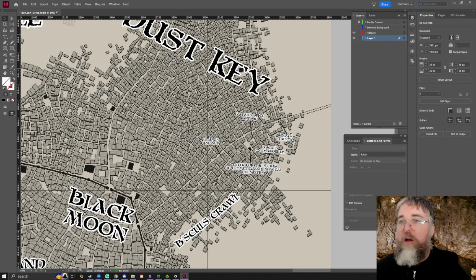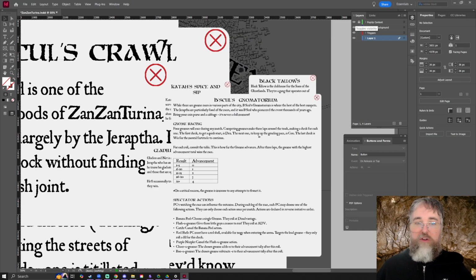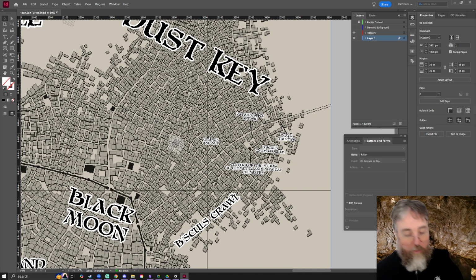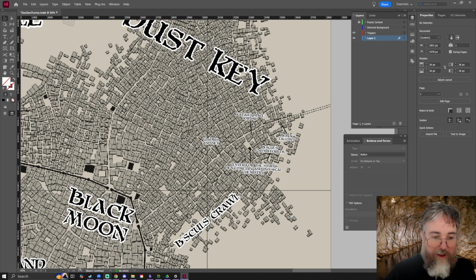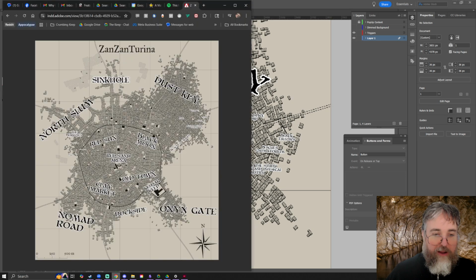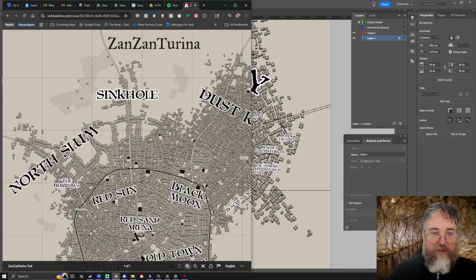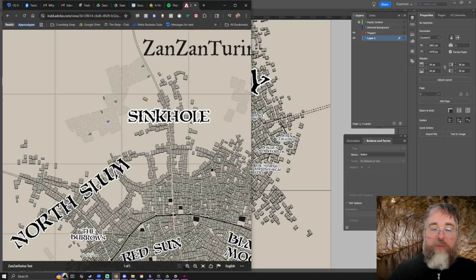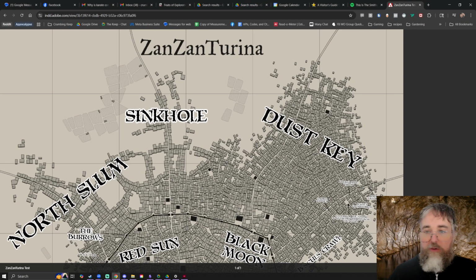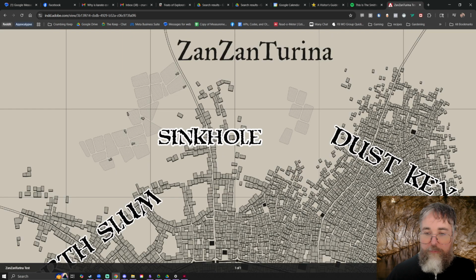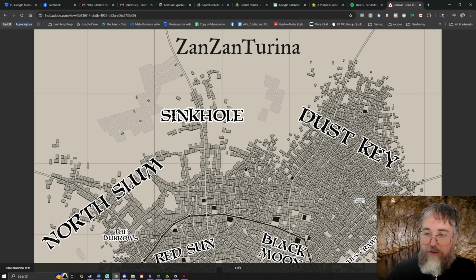And so I have some layers hidden right now because this is what it looks like when I don't. It looks like a mess. But when I export that to the web so the players can interact with it, it looks like this, right? And so it's a little bit of a clunky interface, but it's not too bad, right? Let's make this full screen. So yeah, zooming in there and you can see